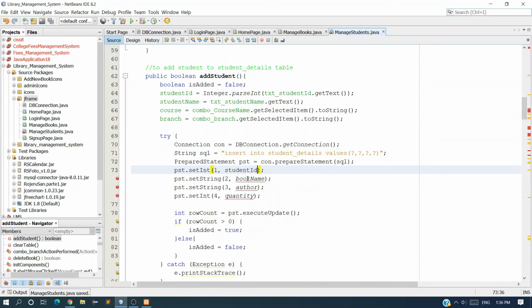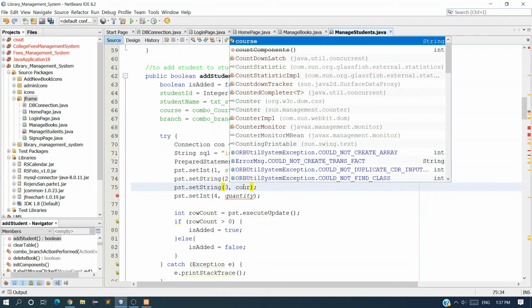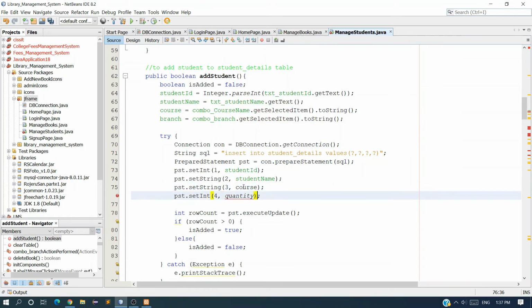We just have to change the variable names, and these two fields, because here we have the selected combo box. The third one is course, and the last one is branch.